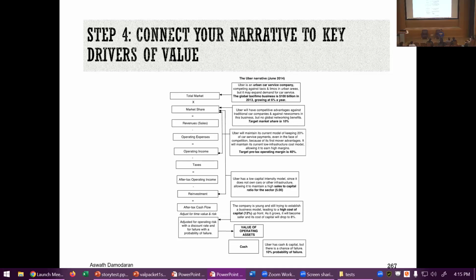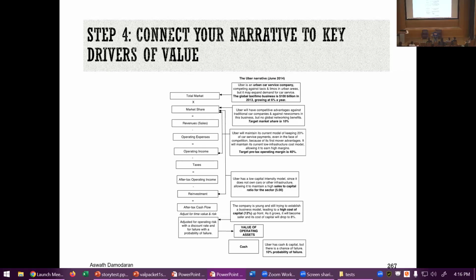Almost every part of my story is now an input. Then I got to the cost of capital. So how many sessions did we spend on cost of capital? We started with that dance on risk-free rate, equity risk premium, bottom-up beta. Don't forget any of that stuff. But when you're valuing a company like Uber, that is not the hill you want to die on. Is Uber a risky company in 2014? Absolutely. So here's what I did to get a cost of capital. I have a histogram of cost of capital for all global companies. I went to the 90th percentile. The cost of capital was 11.97%, and I rounded it to 12% and made that my cost of capital. Took me 2 minutes. But let's face it, the big focus here has to be on revenues and market share, not on the cost of capital.